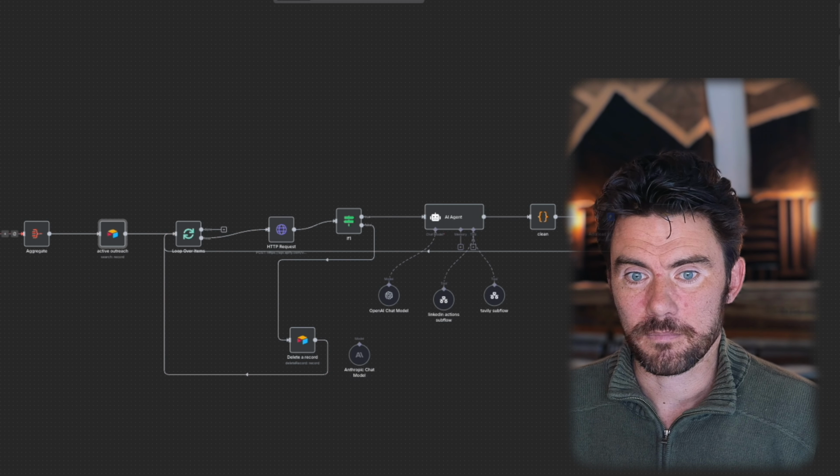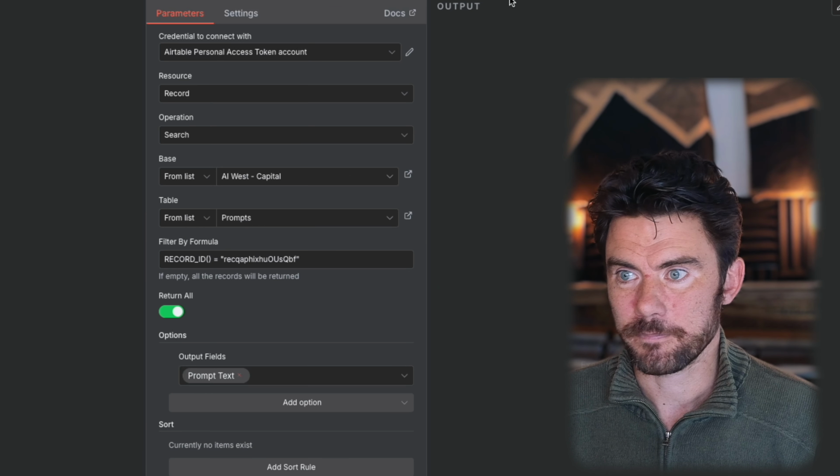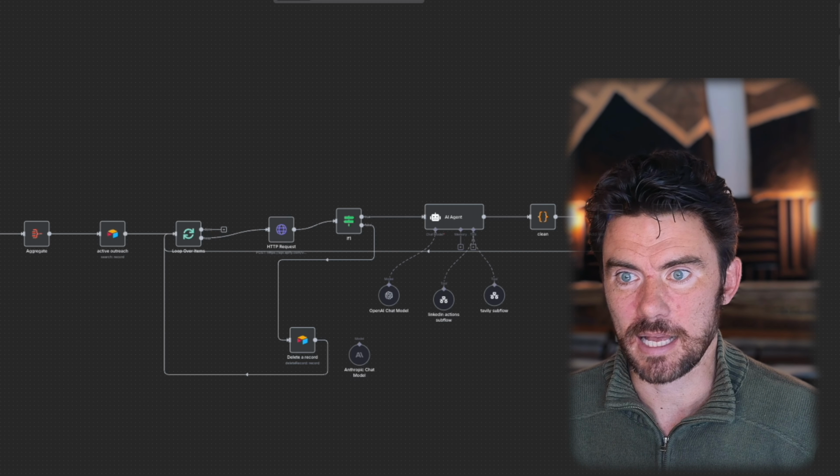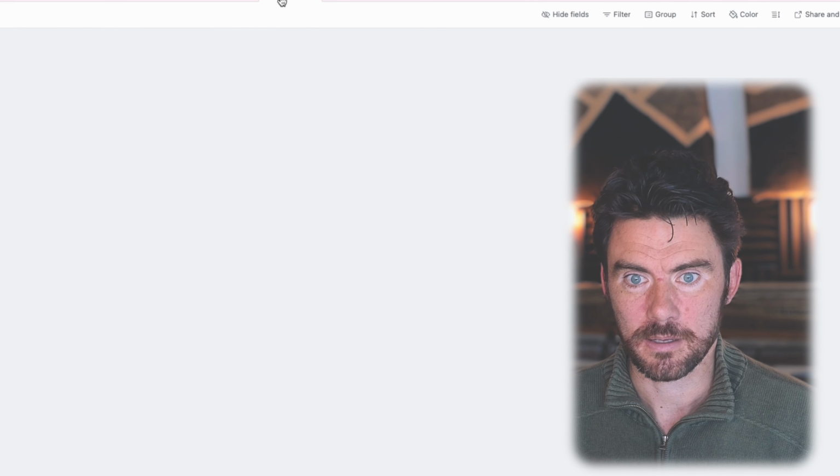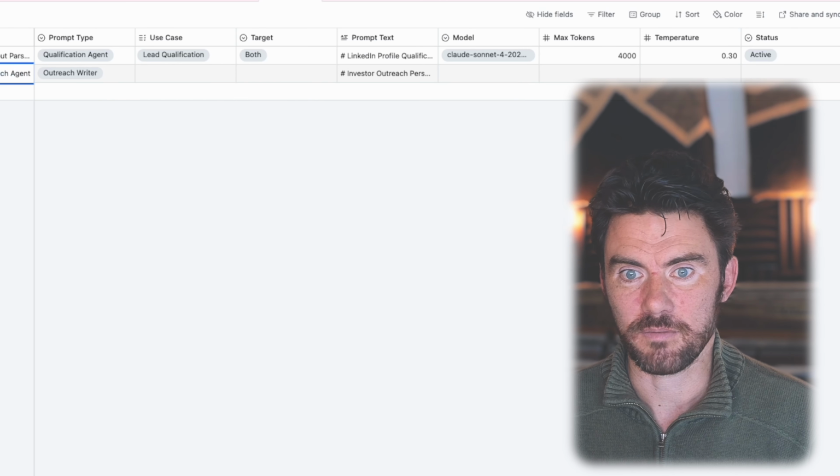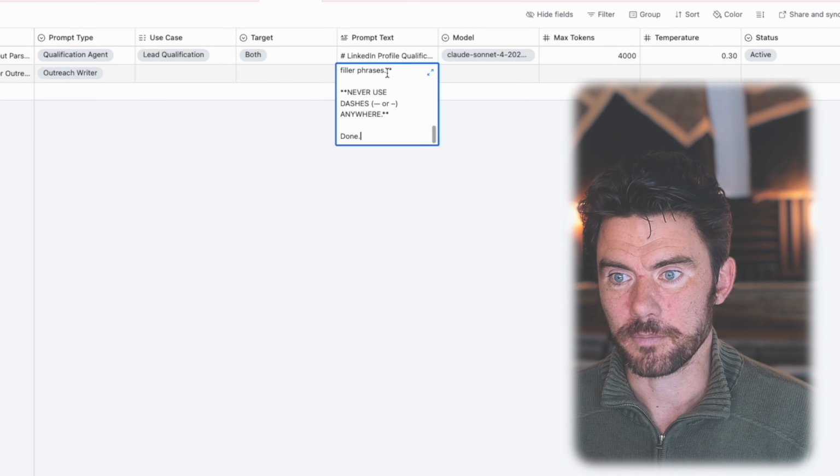And we're grabbing today's date. We're grabbing the prompt for this particular agent. And the prompt is in that same database. And this one's called Accredited Investor Outreach Agent. So